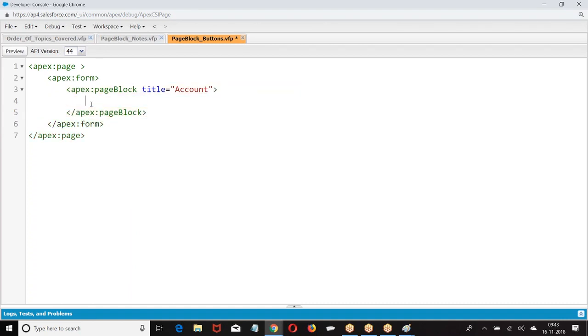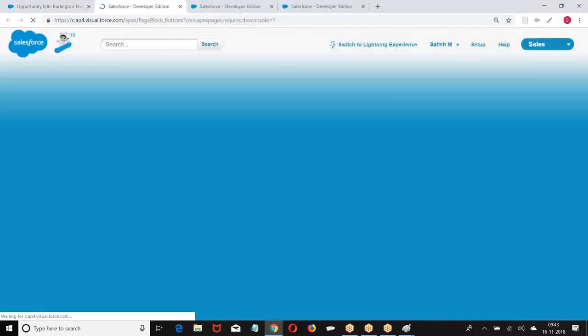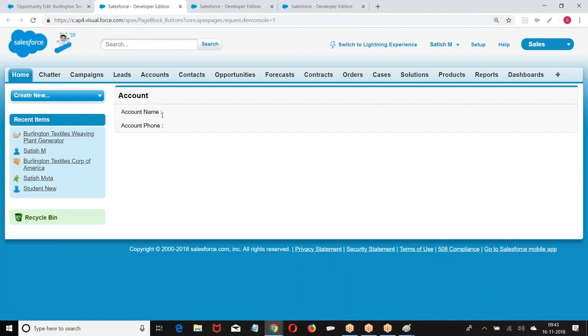Then it has a body, account name, some data. A block with some data. This structure is clear. Page block, title, and in the body we have taken.